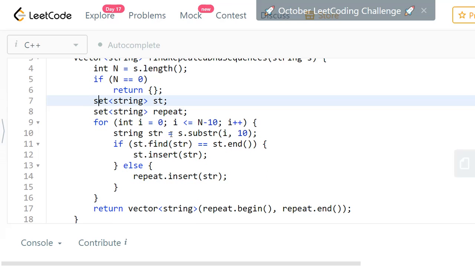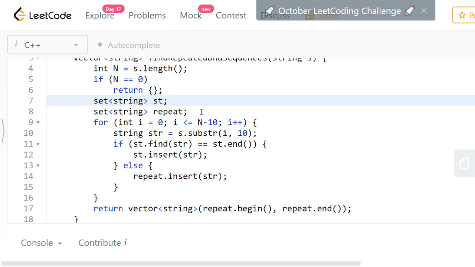As we discussed, we need to find the unique strings here. The standard template library, STL, provides very good data structures and classes. One such data structure is the set. A set basically maintains unique values. So if you insert multiple elements with the same value, it retains only one value. So it suits our current requirement where we need to return unique strings. So we take one set to maintain our result. This is the repeat set, our result. Then we take one more set to keep adding our strings